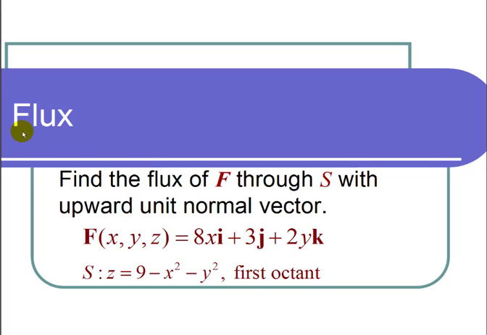This is a video on flux. The question states, find the flux of F through S with upward unit normal vector. And F of xyz is the vector field 8x i plus 3j plus 2y k. And S is a surface defined by the function z equals 9 minus x squared minus y squared, restricted to